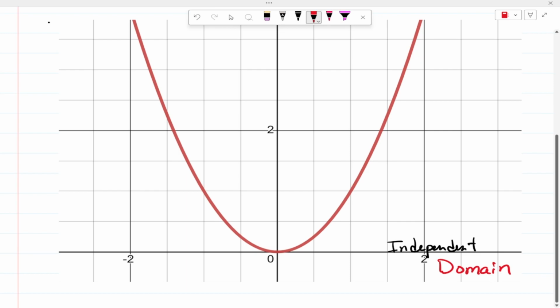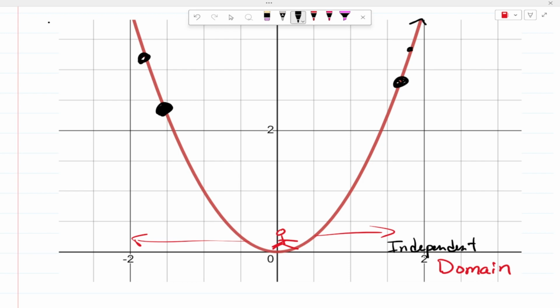So as you can see here, if I'm on the x-axis and I'm just walking to the left or to the right, please note that no matter which direction I walk along the x-axis, if I look up in the air, I will still see my function. No matter where I walk, I'm still going to see my function up above me because these arrows go on forever, right? So what we would say is the possible set of all the independent variables here, which is our domain, we would say the domain